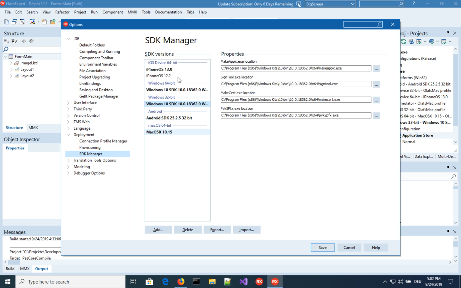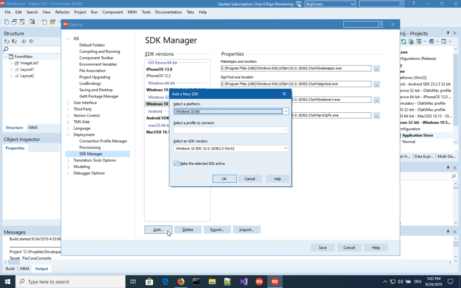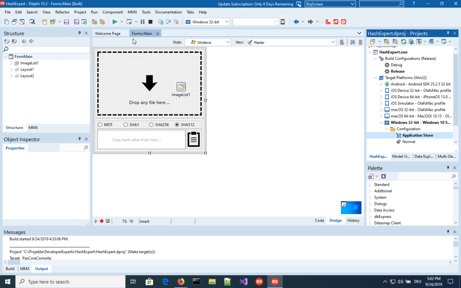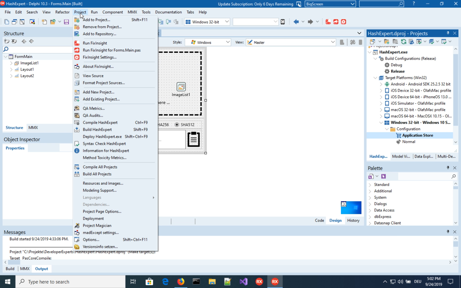So if you don't have that here, you probably don't have the SDK installed. You just select Add, select the platform, Windows 32, and then if everything worked fine with installing the SDK, Delphi offers this as an option here, and then you can just select that. I did that previously and it worked out of the box. Okay, so the next thing to actually do something is